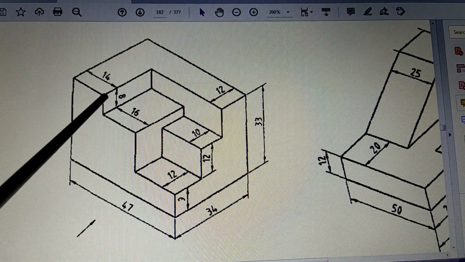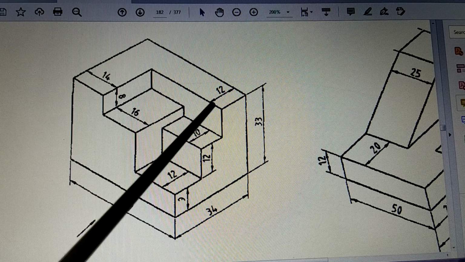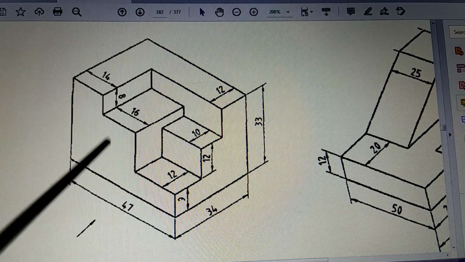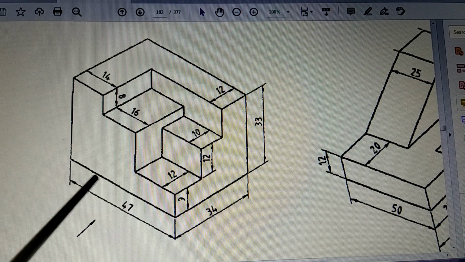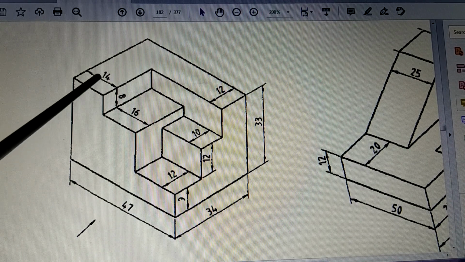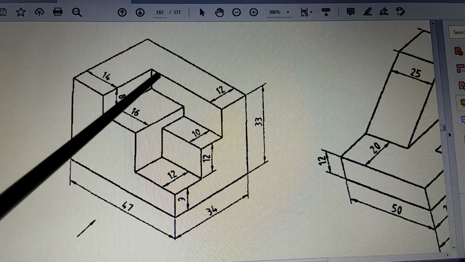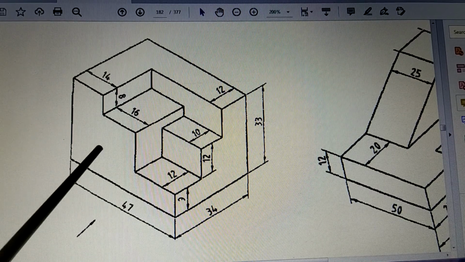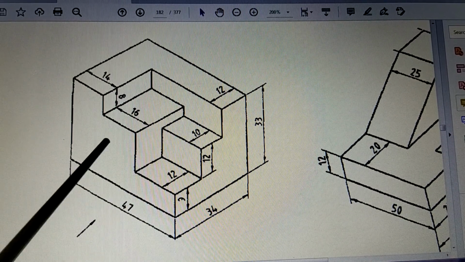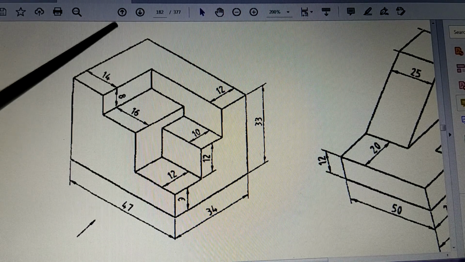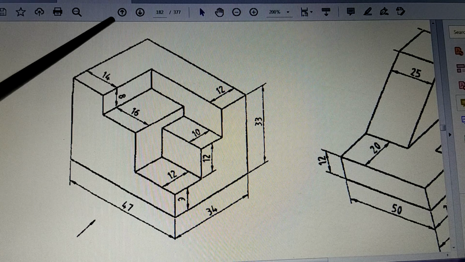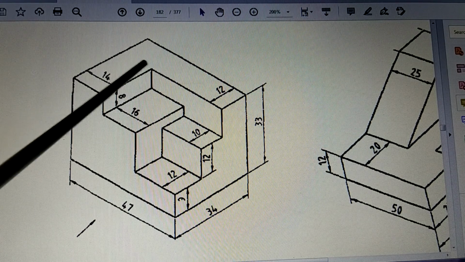So that will be this edge, then this edge. These two edges together will form 47. At the time when you draw, since you know this is 47, when you subtract 14 from 47, this becomes the remaining sides. So that becomes 1 and 2 and 3. These are the three surfaces you will be seeing in your front view. Then you go to the top and see from above. So when you see from above, which surfaces are you going to see?